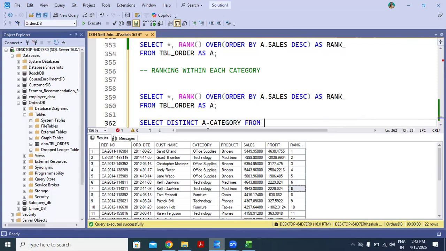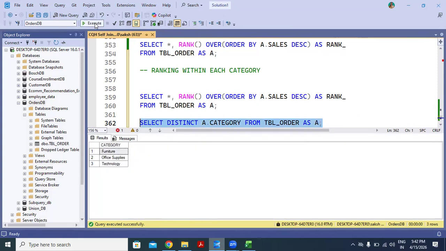Distinct category from TBL order. Now just select it and execute it. So yes, we are having three distinct categories. Now we want the ranking of the products as per category. So we want to split all the data in three different windows.